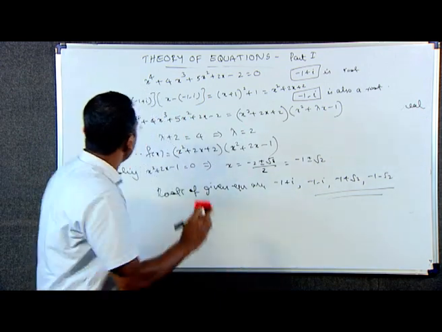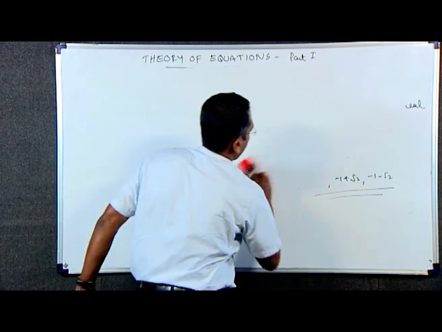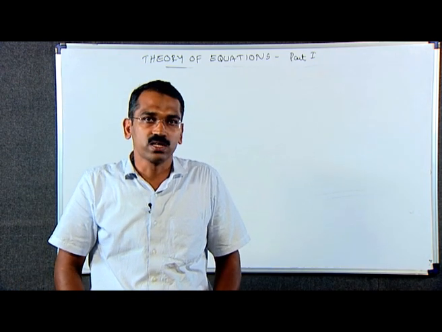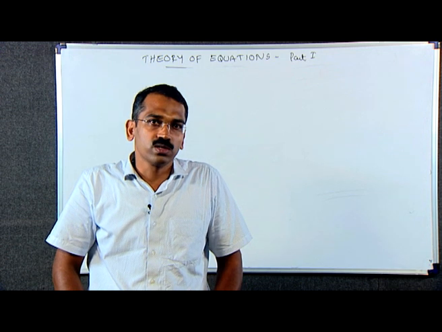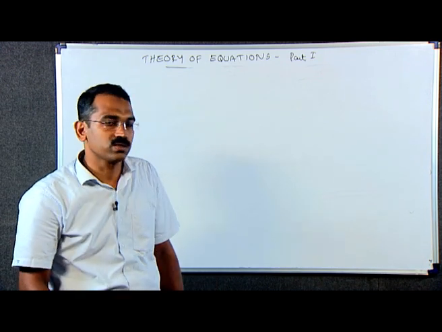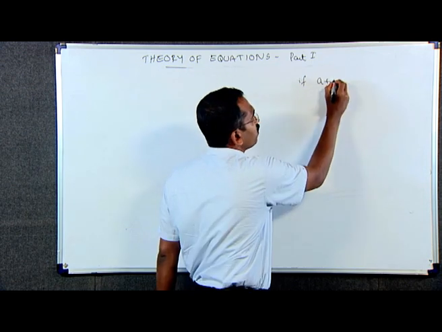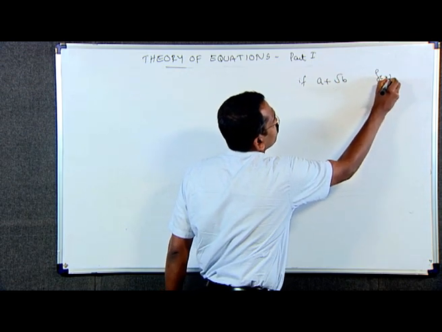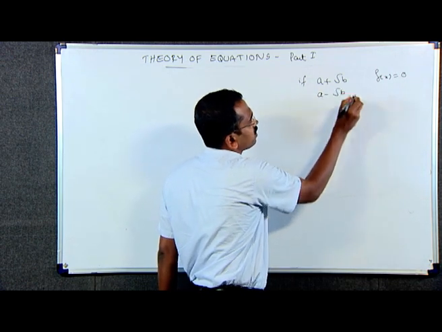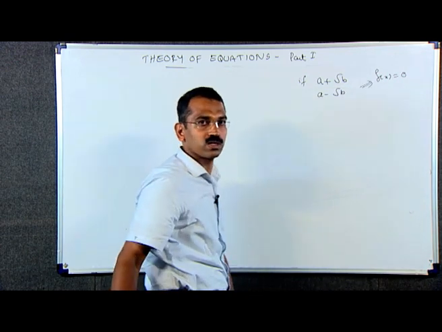The second theorem is: in a polynomial equation with rational coefficients, the irrational roots in the form of quadratic surds occur in conjugate pairs. That is, if a + √b is a root of the equation f(x) = 0, then a − √b